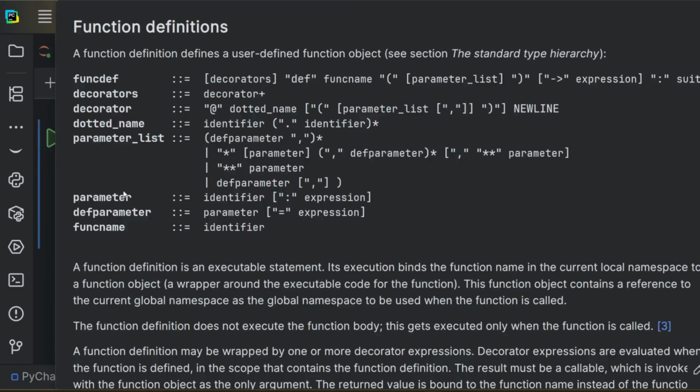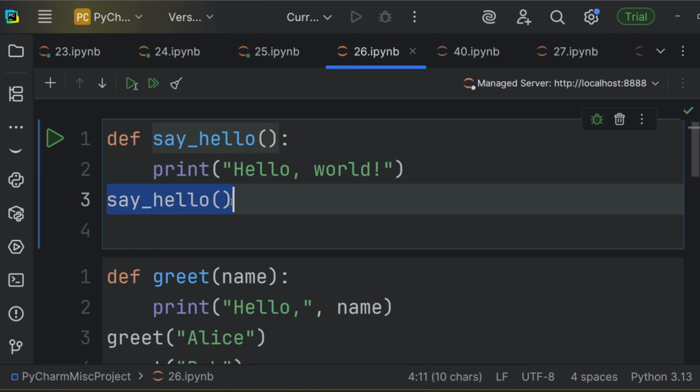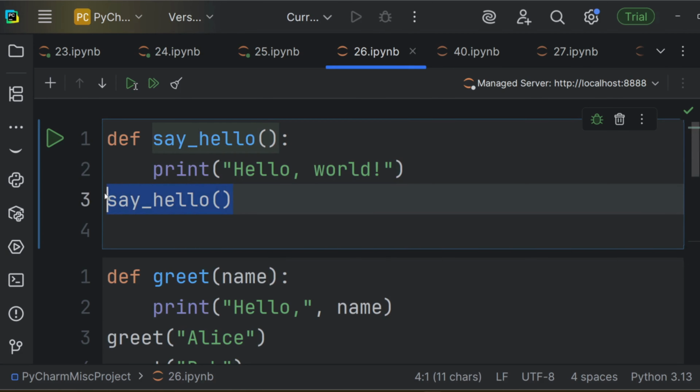In Python, we define a function by using the def keyword. Here's the simplest example you'll ever see. def say_hello, print hello world. And now, this thing at the bottom is what executes the function. This creates the function, but nothing is going to happen yet. But as we said before, to run the function, we need to call it. We do this by saying say_hello, bracket open, bracket close.